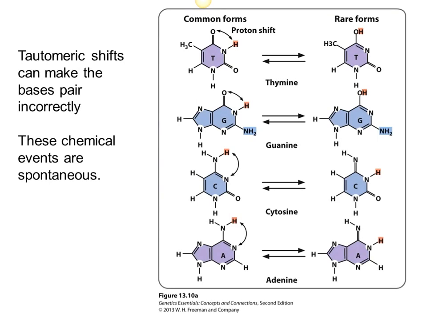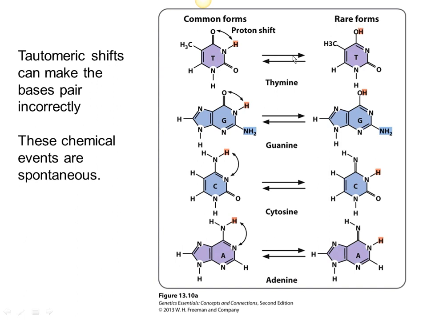So there are some spontaneous events, basically natural chemical events that happen in the cell in terms of chemical interactions that can cause mutations to happen. And one of them is called tautomeric shifts. The nitrogenous bases, thymine, guanine, cytosine, and adenine, have the ability to switch into their tautomeric forms, which are called